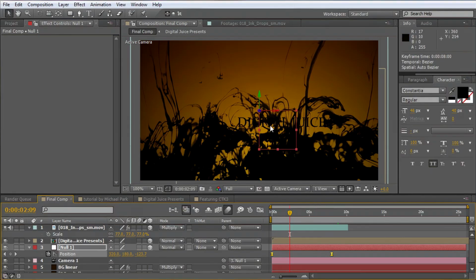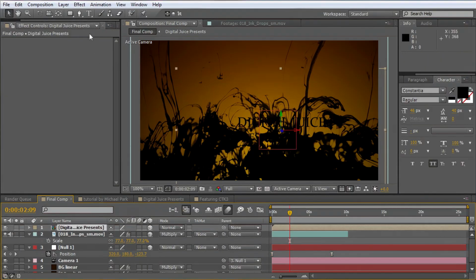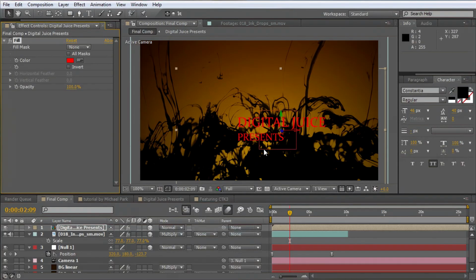and we can go ahead and do some wispy treatment onto our digital juice text here. Let's go ahead and bring our digital juice text above our ink layer, and to it let's add Effect, Generate, Fill. What this will do is put red on top of our layer so that we can differentiate it from